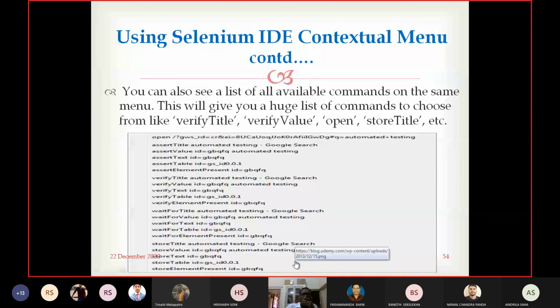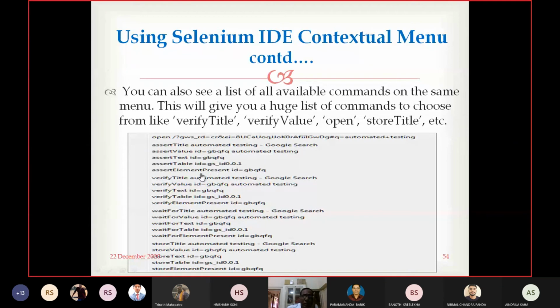You can also see a list of all available commands on the same menu. This will give you a huge list of commands to choose from. Let's see what the commands are: verify title, verify value, open, store title, etc. See, many things are there.